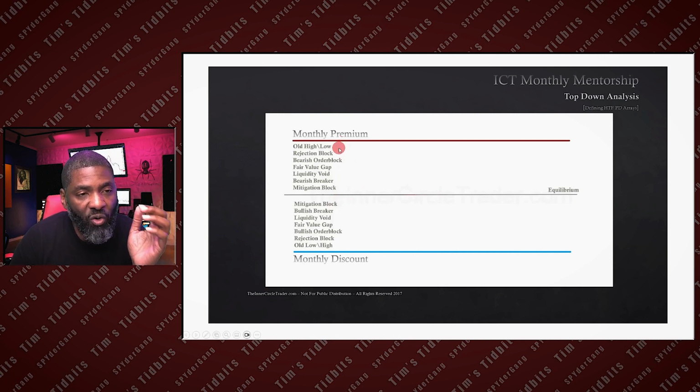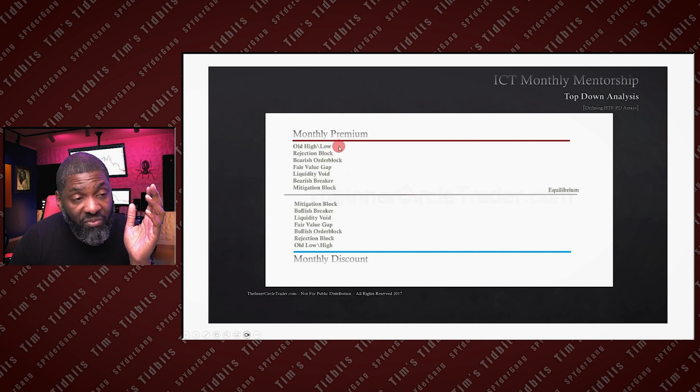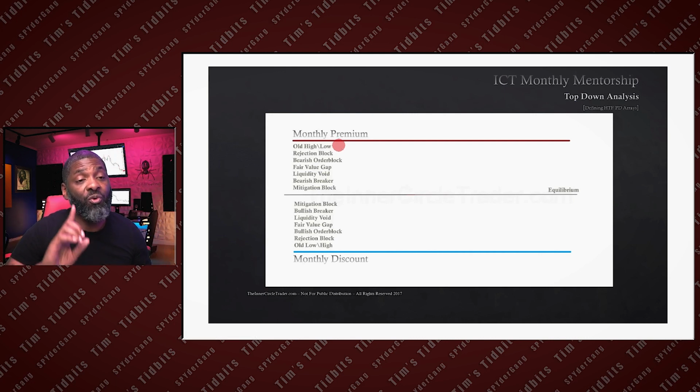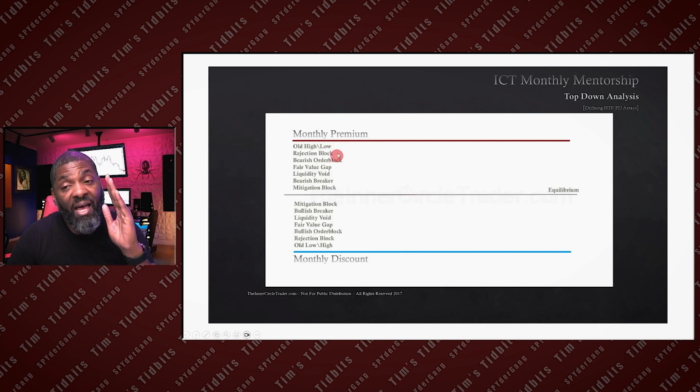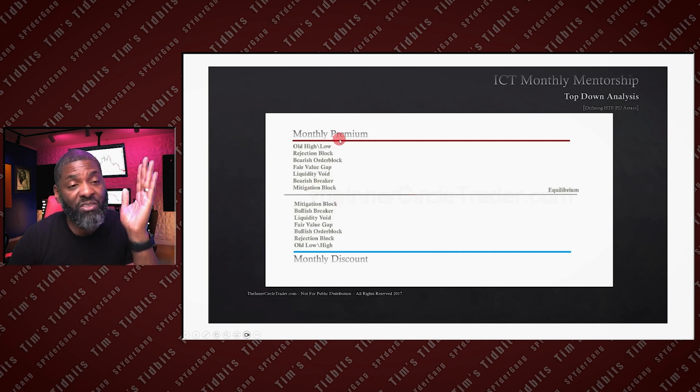The old high or low is at the top, because when you reach an old high or an old low, yes, you can reach an old low by going up, because if you're in a deep discount and you retrace very high up through price, far to the left, you may be running into an old low. But when you get to the high, that's the furthest point in that price leg. Remember, I told you the highest high to the lowest low of your price leg. This is your premium, this is your discount. So when you get to the highest high, you're getting ready to get outside of the price range.